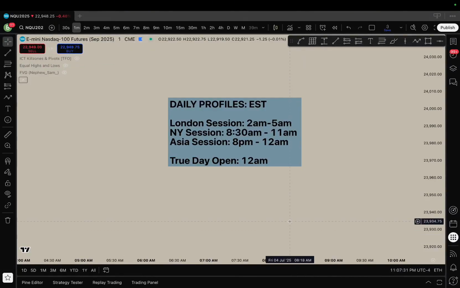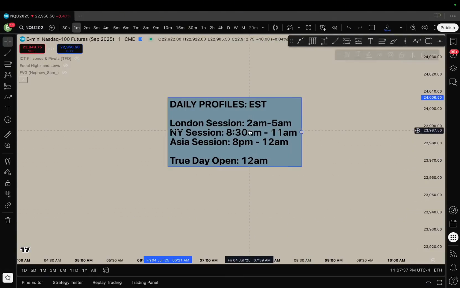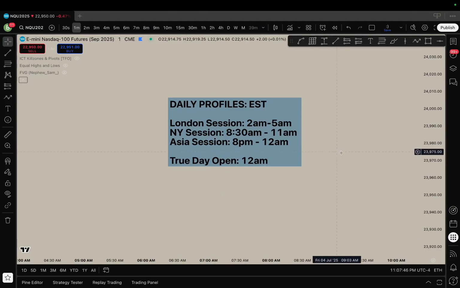So daily profiles, all of this, guys, is going to be in Eastern Standard Time, okay? London session starts at 2 a.m. to 5 a.m., right? New York AM session, and this is going to be your kill zones, is going to be from 8:30 a.m. to 11 a.m. This is what you should be paying attention to. 8:30 is when news is dropping, right? There's a lot of times news is going to be dropping at this time. CPI, PPI,